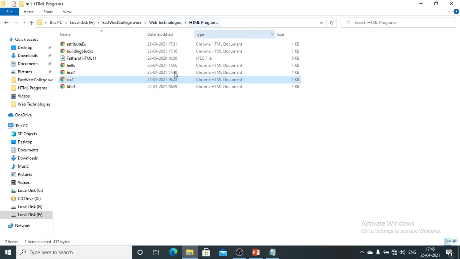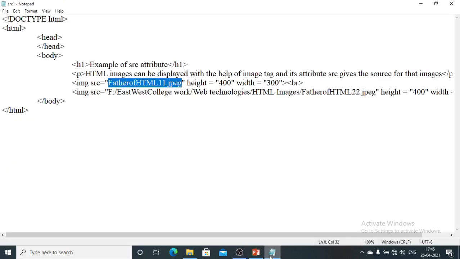This is my HTML program, this is my source code, and here is the JPEG image file. You can see the type is JPEG file. Here father of HTML11 is there, in the same directory. Suppose a particular file is in another directory. Now I am placing another image and referring to it from a directory other than the same one, that is HTML images.